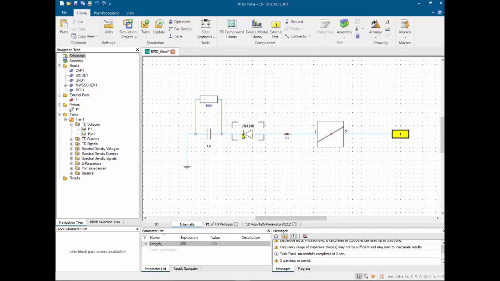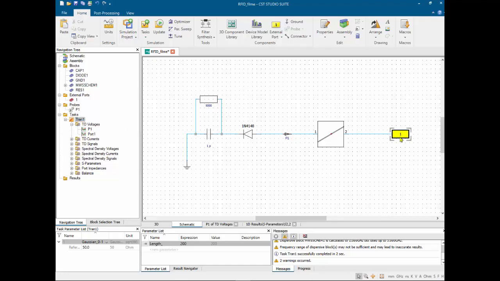So here we have a diode, a capacitor, and a load. And as I said, this ground here means that the other wire is connected to the other terminal of the antenna at port number 1. The tricky part here is you have to ask Design Studio to use a transient task. The transient task says it needs the following.